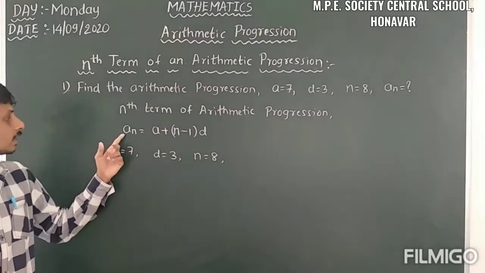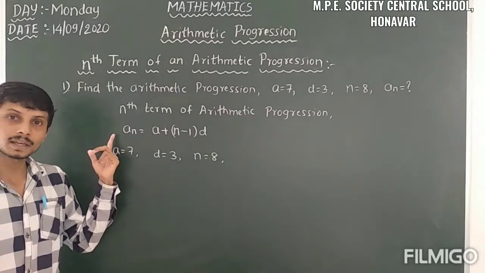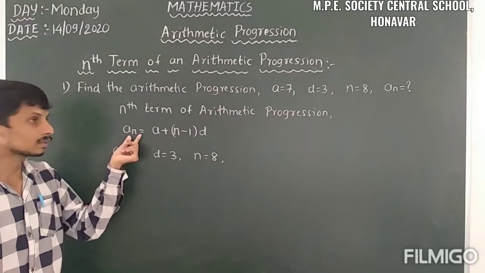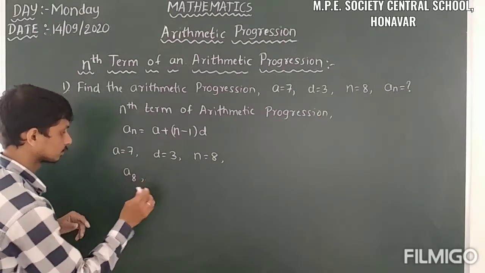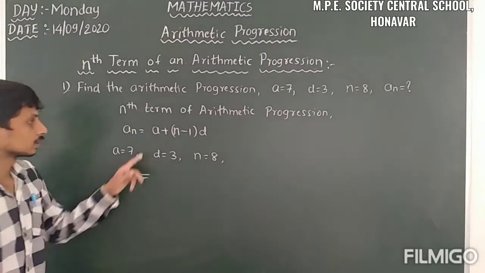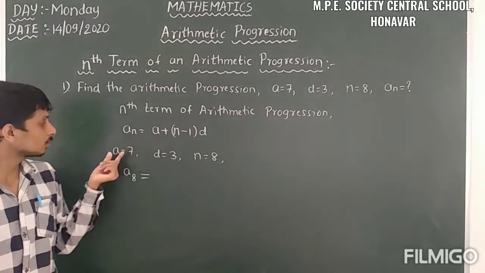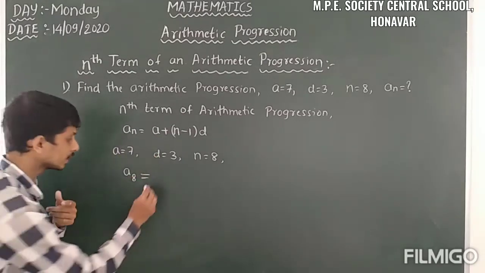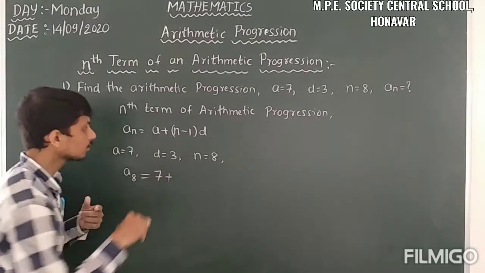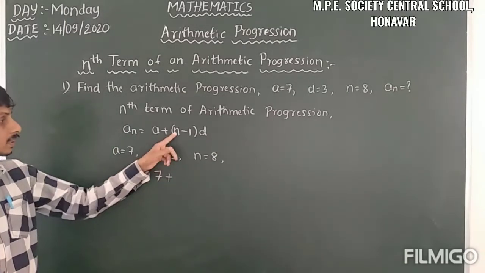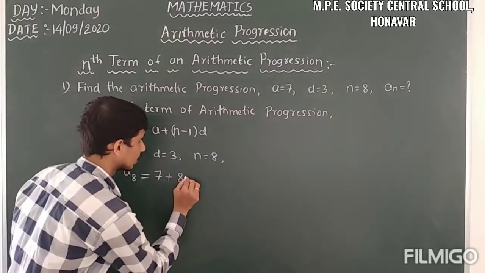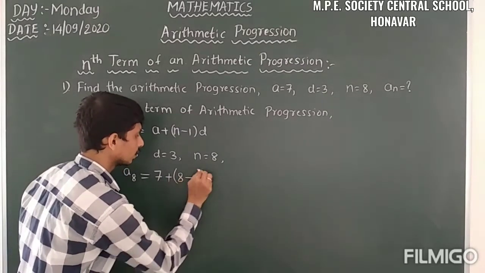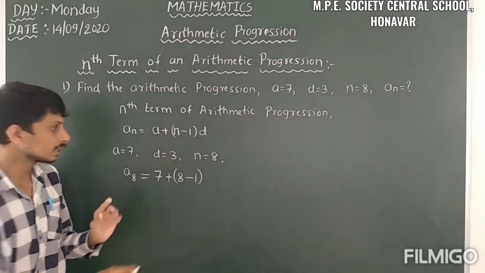So here, in the place of a_n, we have to convert that n into 8. That means a_8 is equal to, then in the place of a we have to write 7, since a is equal to 7. That's why we have to insert the value of 7. What is the value of n here? n is equal to 8. So 8 minus 1, into the value of d here,